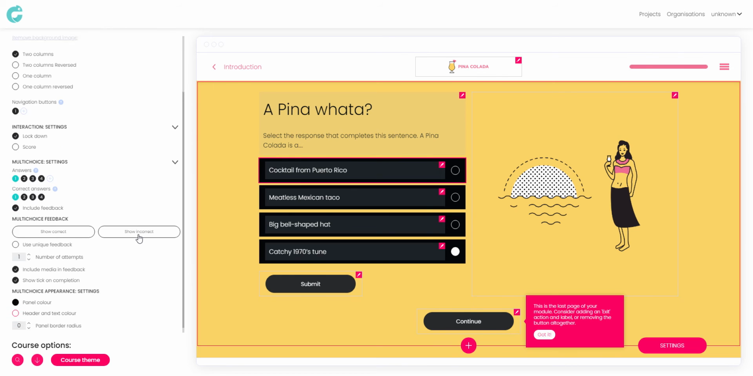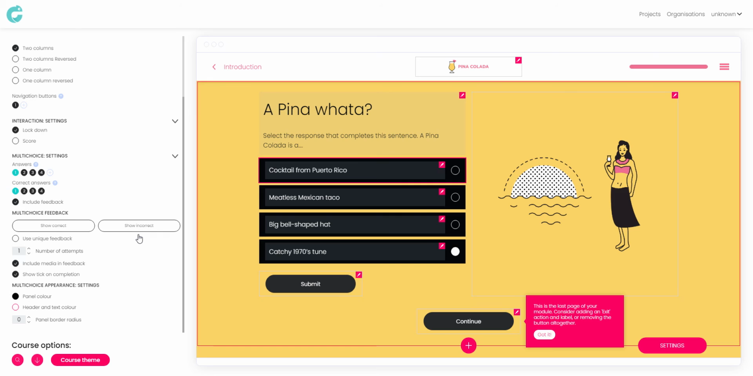Moving on, we can change the amount of attempts that the learner has to get the question correct. If we increase the amount of attempts, we need to add a "nice try but no banana" page to tell the learner that they weren't correct and need to have another go. If we make the number of attempts 2,